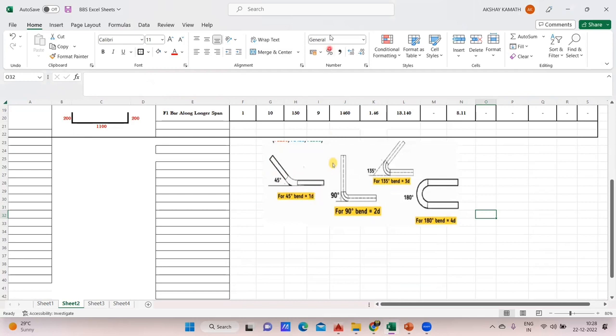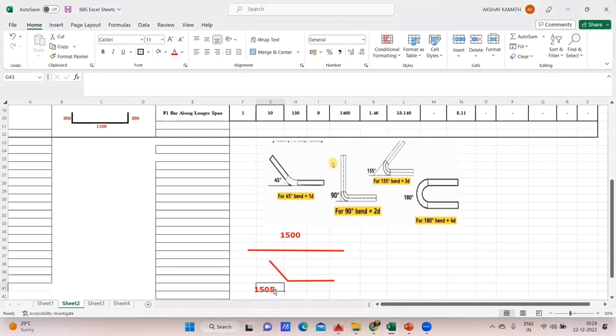For example, if you have not understood the concept, let us consider that before the bending, this is the length of my bar. And then I have bent my bar in 45 degree. This is my 45 degree bending. Let us consider the length of the bar was 1500 mm. And when I bent the bar, it came out to be 1505. So I'm taking a rough value. So what has happened? Actually, the length of the bar was 1500, but due to bending in the 45 degree,